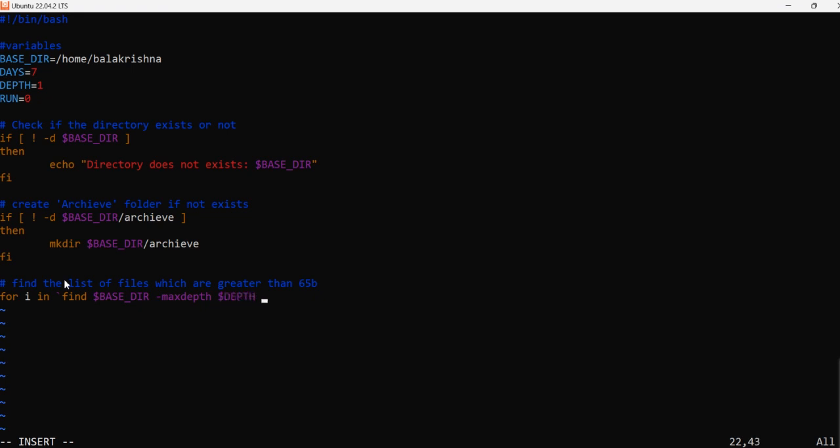So in that particular directory we are checking, not going into multiple subfolders, and then take type is file, and then size will be 65 bytes, more than 65 bytes. Okay, do